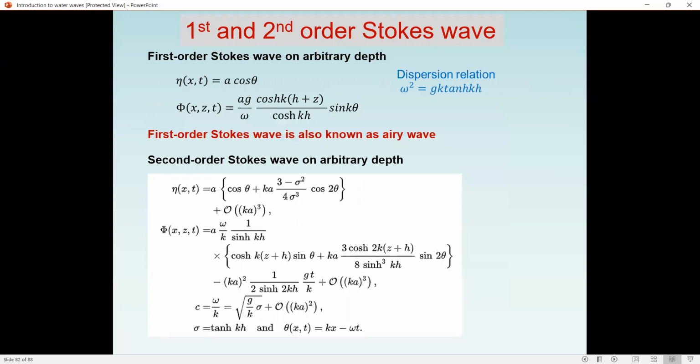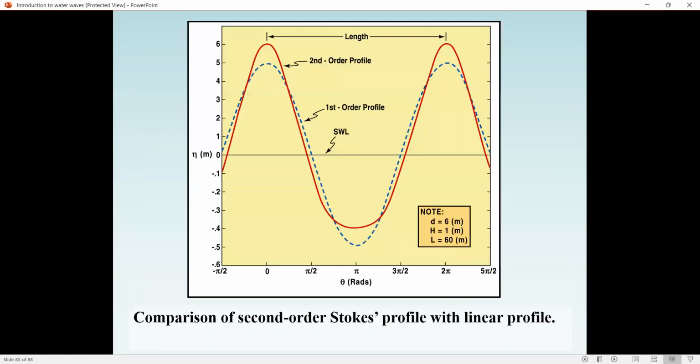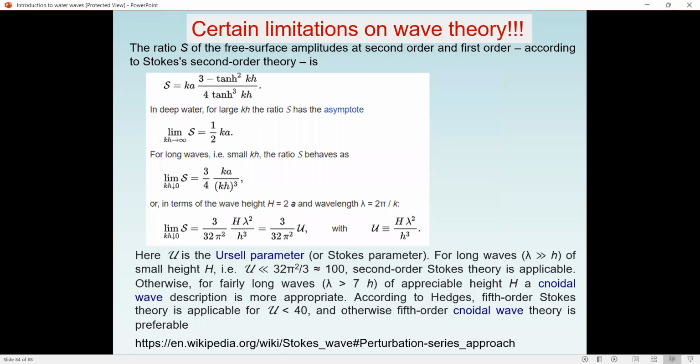Now, coming back to the first order, eta is equal to a cos(kx minus omega t), and the velocity potential can be given like this. For the second order waves, eta takes the same form as the first order, and the corresponding second order wave theory is this, whereas the third order terms are this. These are the second order velocity potential and surface elevation, and you can see how much variation there is in eta itself between the first order and second order wave theory. There is a small variation, and you can see it in the higher order wave theories too.